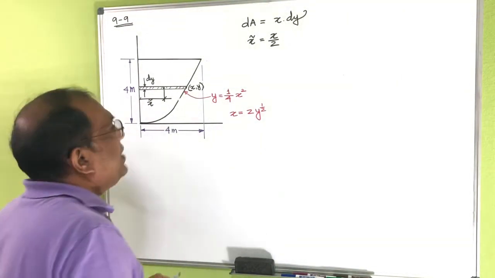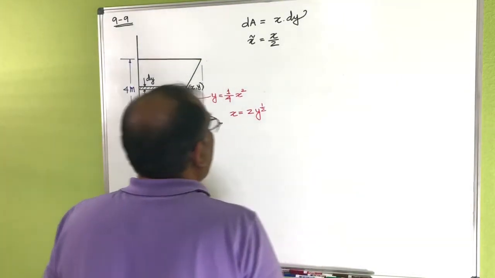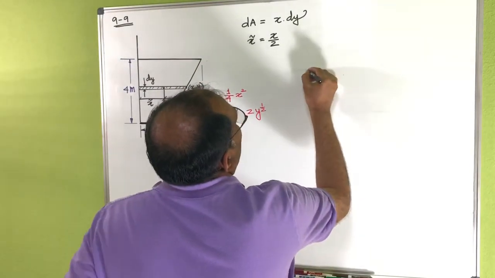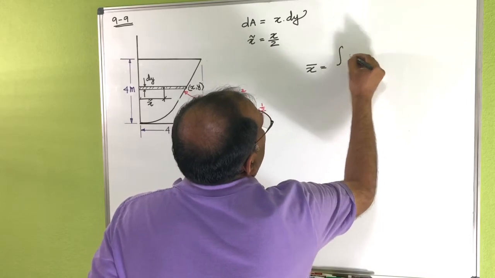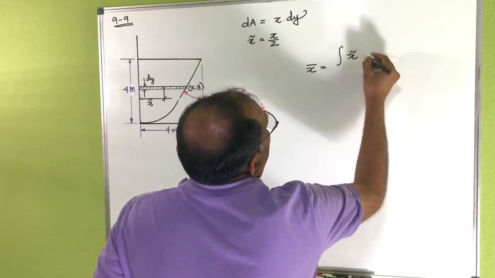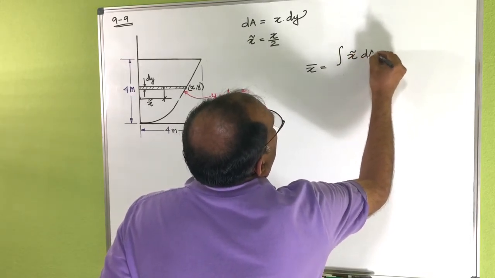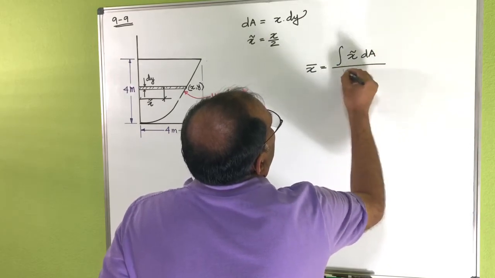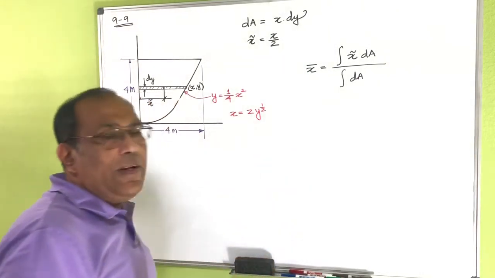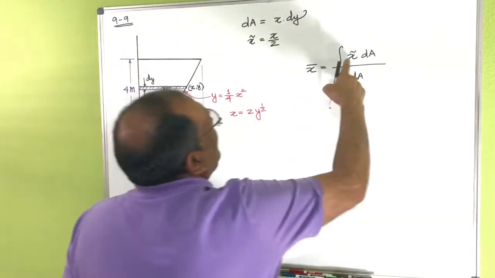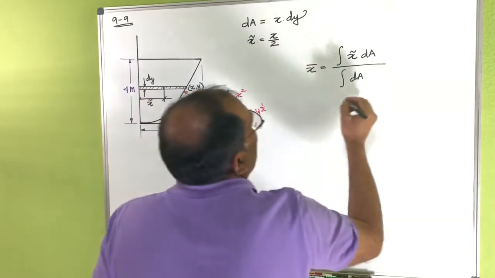Now, if I write my equation, then I know that x bar is equal to the integration of x tilde dA divided by the integration of dA, right? So if I plug that value, x tilde, which is actually x by 2,